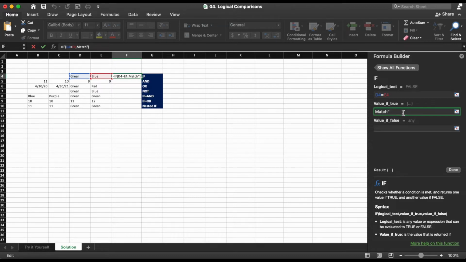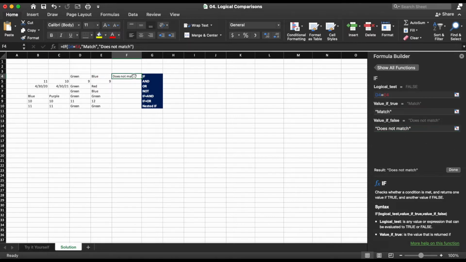So if you put quotes around it, you'll see that the value if true is "match." And then we'll go down to the value if false, and we're going to put quotes, "does not match." And then when you're done, click Done.